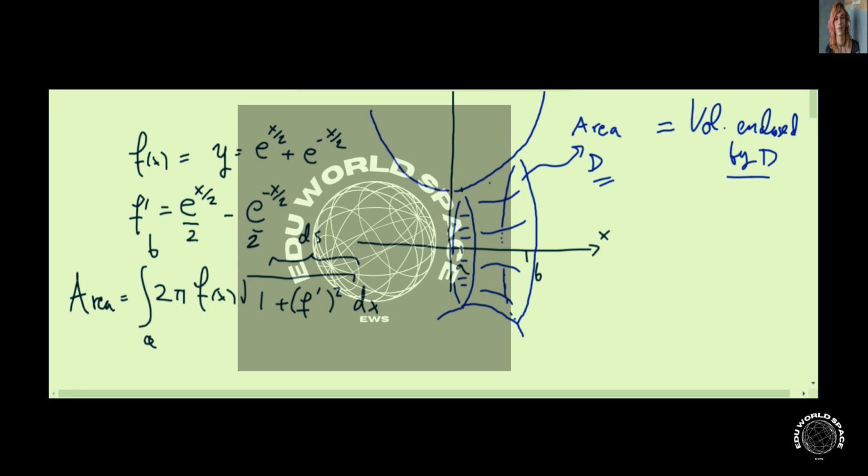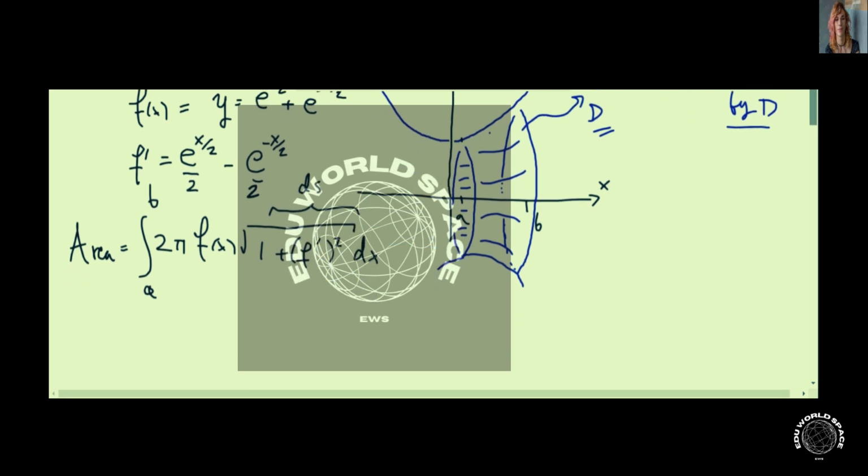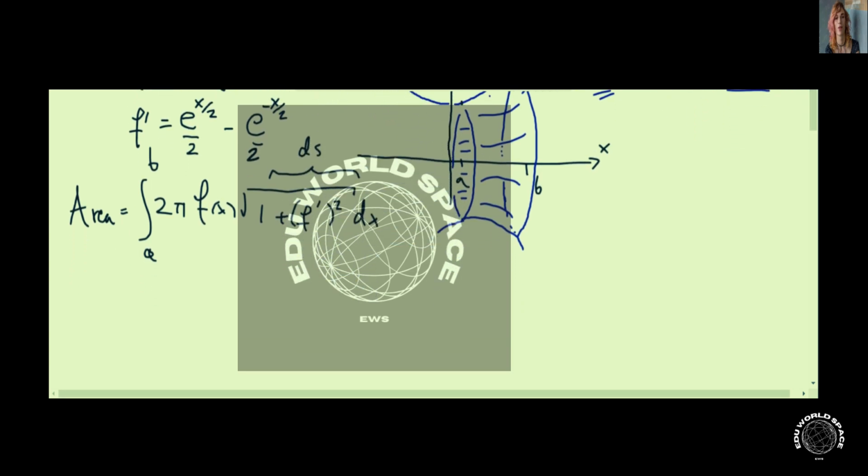So that this square root of 1 plus f prime squared would be equal to the square root of 1 plus this square, which would be e to the x halves minus e to the minus x halves, we have common denominator, and that square divided by the 2 squared,